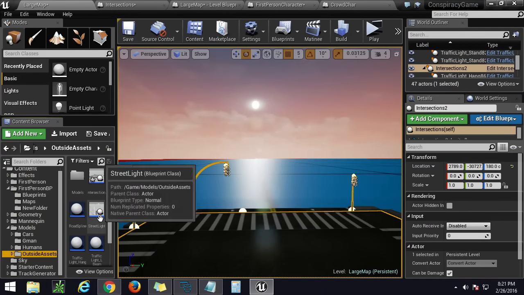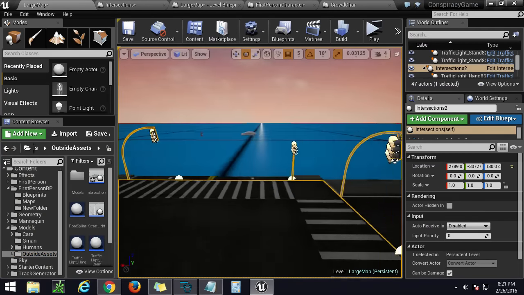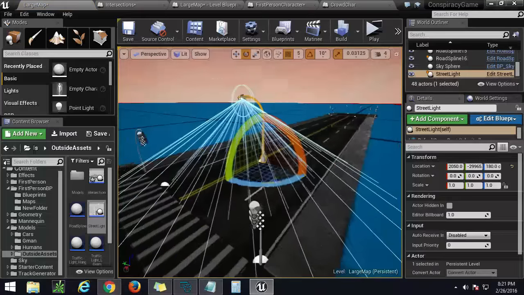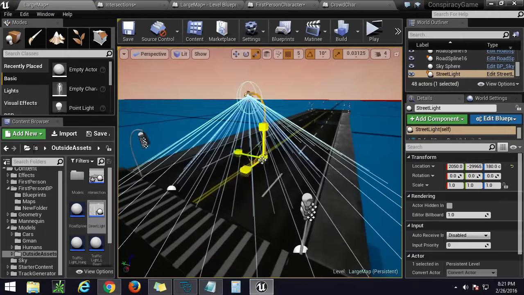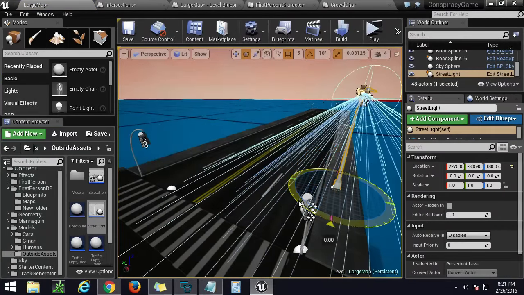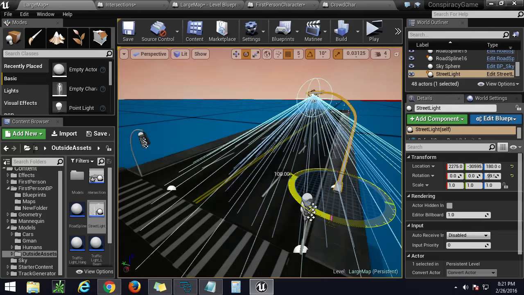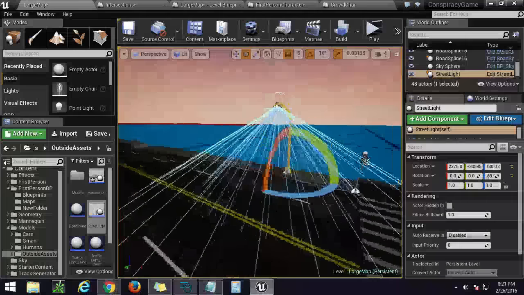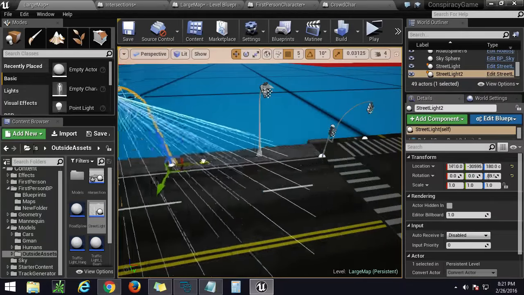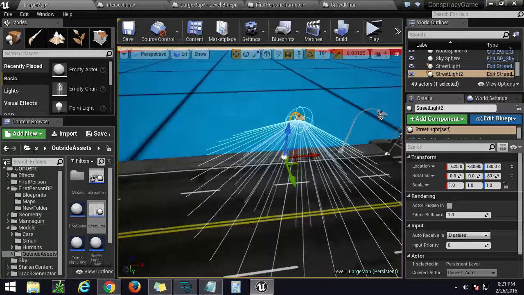One of the other things I did was I put some street lights in here, and these street lights get auto-activated when it becomes day and night. So, for example, if you wanted to do something like this,